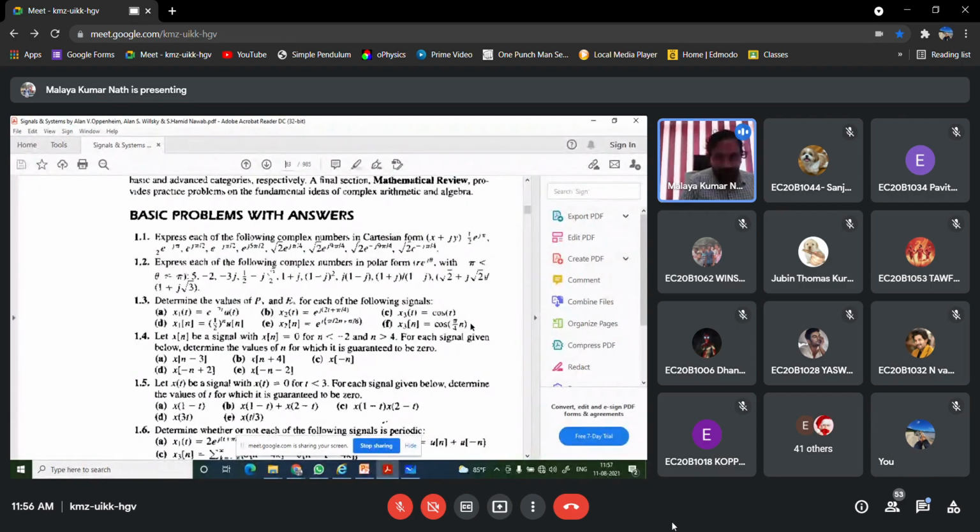Now you have to tell whether these signals are energy signals or power signals. That means you have to compute P infinity as well as E infinity. If energy is finite and power is equal to 0, that is called an energy signal. If power is finite and energy is infinite, that is called a power signal. If neither condition is satisfied, then it is neither an energy nor a power signal. I hope it is clear to you, and time is over. If you want to ask any questions, just ask, otherwise we can discuss the rest in the next class.